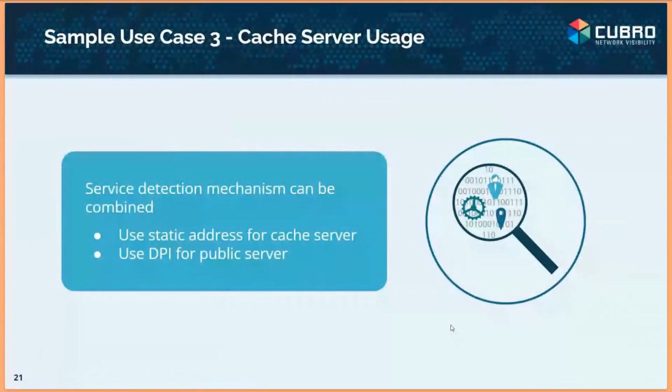And the third one, which this customer had, is they wanted to do planning on their cache servers. As said at the beginning, they have their cache server for Netflix, for YouTube, and so on, all the big streaming guys. And they needed some way to monitor how much traffic is even going in this direction. Because what we can do is detect, just take again this example of Netflix, if you have 100% Netflix traffic and only 20% is going to the cache server,